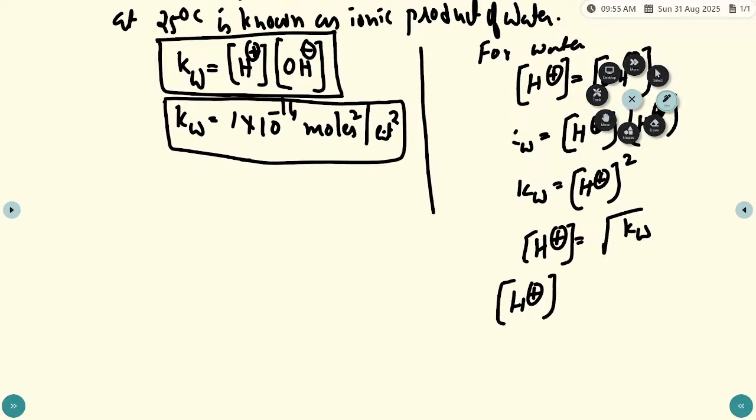So what is the Kw value? Root of 1 into 10 to the power of minus 14. So it becomes 1 into 10 to the power of minus 7